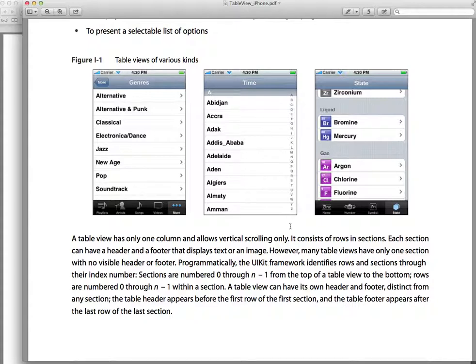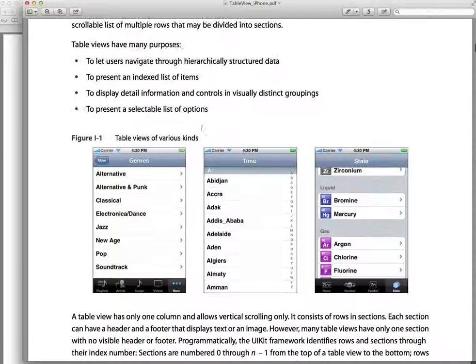The mail app, the iTunes app, the music app, the contacts app, the calendar app, all of them use a table view controller. The table view controller is made of a controller, a view, and a cell that occupies the row. These are different ways of displaying a table view controller. All of these are table view controllers that are organized a little bit differently. And we are going to learn about all of this.